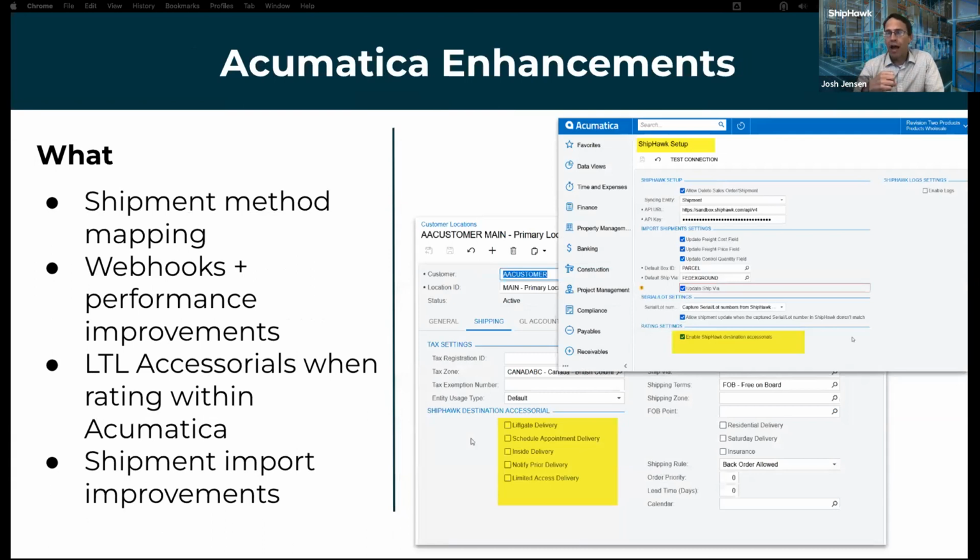We've also been working on our Acumatica integrations. Just a few things to mention here. One is we now support shipment method mapping to resolve different methods when you have ShipHawk and Acumatica with their ship vias. We've actually built out an interface inside of Acumatica that allows you to map the ShipHawk shipping methods with your ship vias to make sure that you're getting the right service that you expect